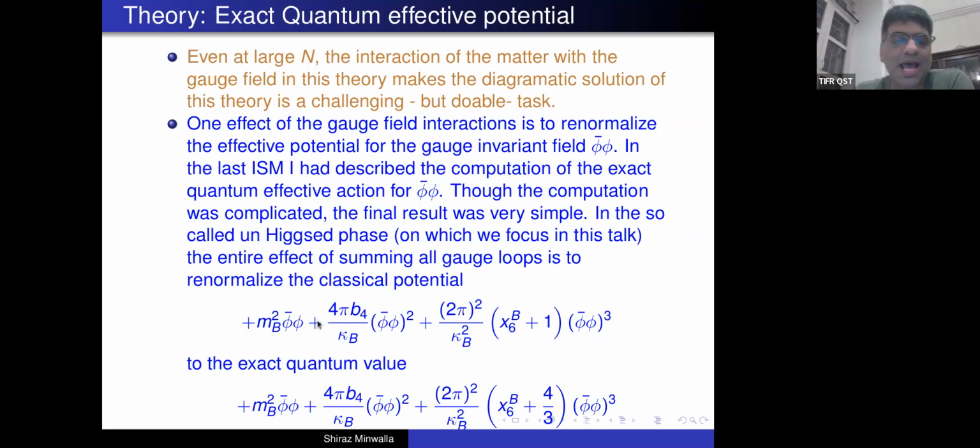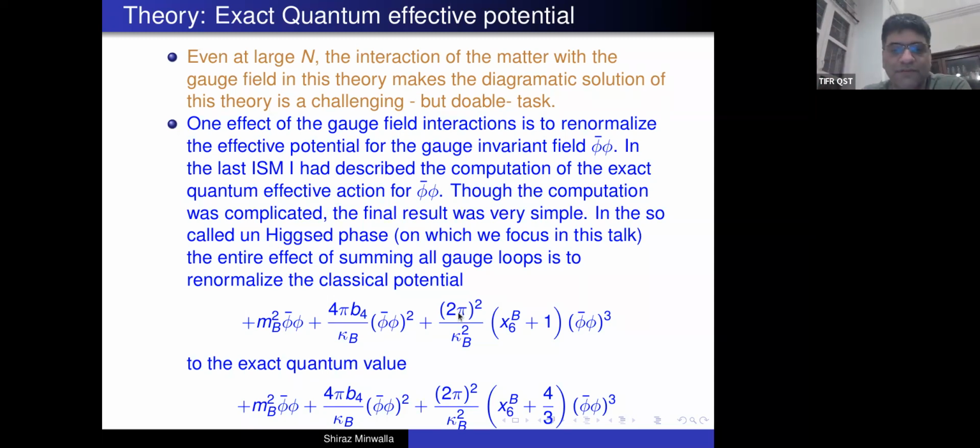Now, one of the effects of the gauge fields, as we've shown in a paper in which we computed the exact quantum effective action for the operator phi bar phi in this theory, is to renormalize the local potential of this theory. In the present context of this very simple theory, the renormalization turns out, just as an exact statement